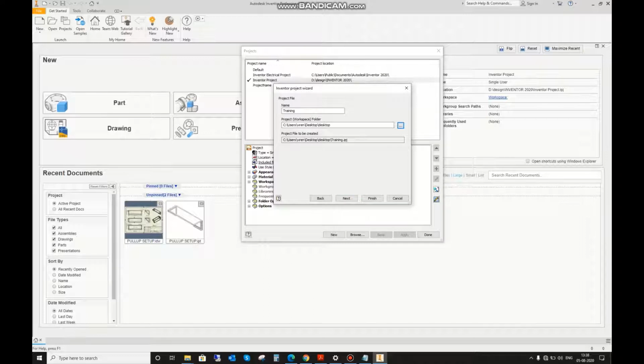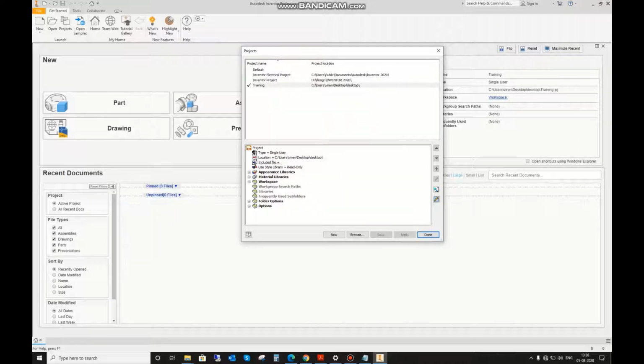Okay, and just after that, just finish it, and that project will get activated on its own. If you have a project already available in your folder, then you can browse it from here.